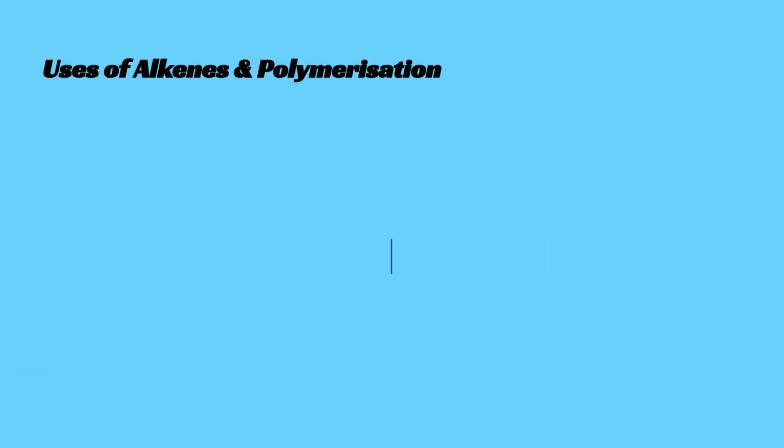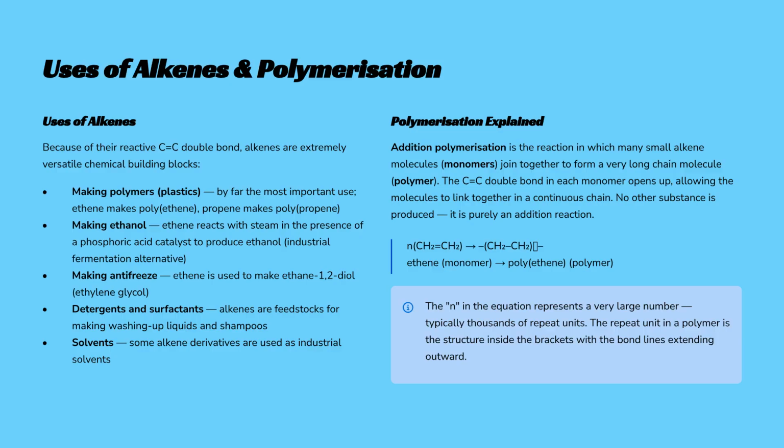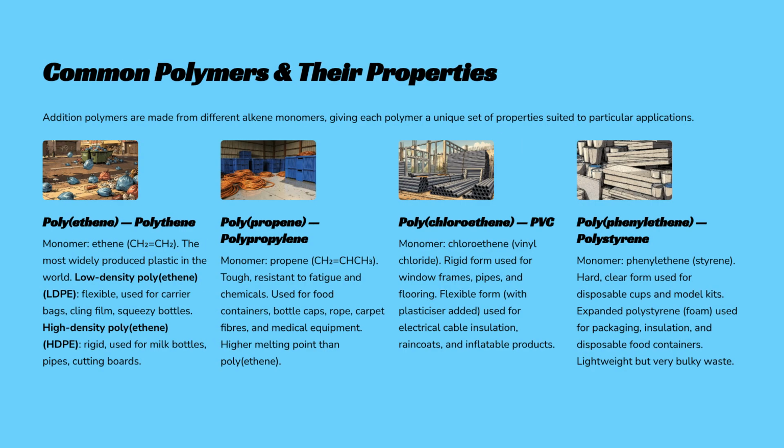Alkenes are versatile building blocks. They are used to make polymers, ethanol, antifreeze, detergents, and industrial solvents. Addition polymerisation is a reaction where many small alkene monomers join together to form a very long chain polymer with no other substance produced. Common polymers include poly(ethene), or polyethene, with low-density forms being flexible and high-density forms being